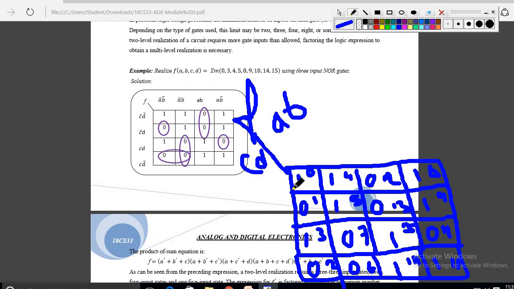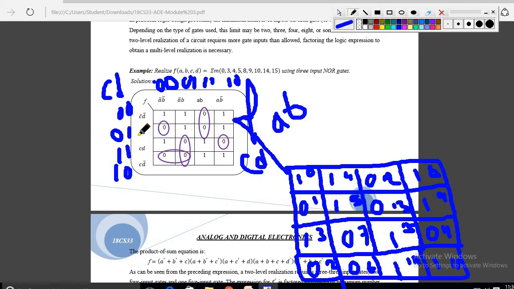row, it is C dash D dash, C dash D, because it is 0 0. Why is it like this? It is 0 0, here it is 0 0 and 0 1, 0 1 and 1 0 and 1 1. Okay, so here the inputs are C and D. According to that I am writing. Here again 0 0, 0 1 and 1 0, and here 1 1. Like that the notations are there, but the inputs are A and B. On this side C and D. According to that I am writing C dash D dash.